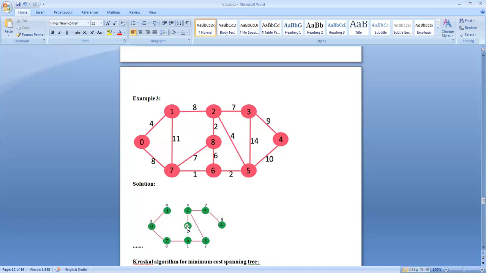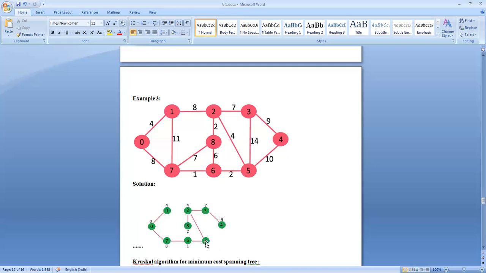The problem is not yet over. Still vertex 4 is remaining. From vertex 5 to 4, there is an edge with weight value 10, and from 3 to 4, 9.